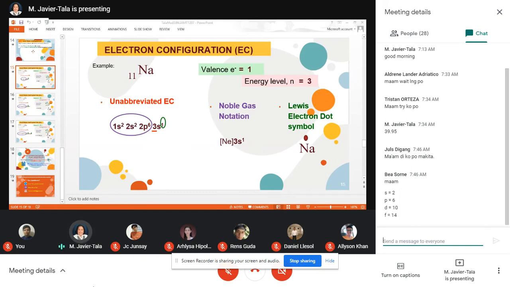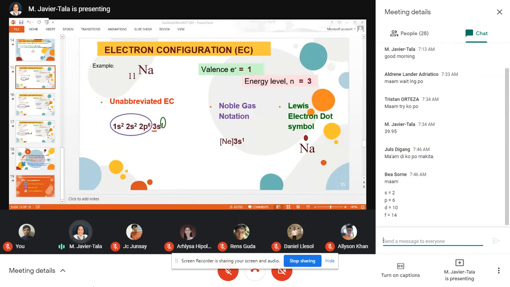Then the next that you would be writing will be the noble gas notation. If you will look at your periodic table, for period 3, along sodium's line, the noble gas there is argon. You're not going to use argon because argon has a higher atomic number compared with your sodium. So what you will be using will be the noble gas one period above, which is neon. So neon